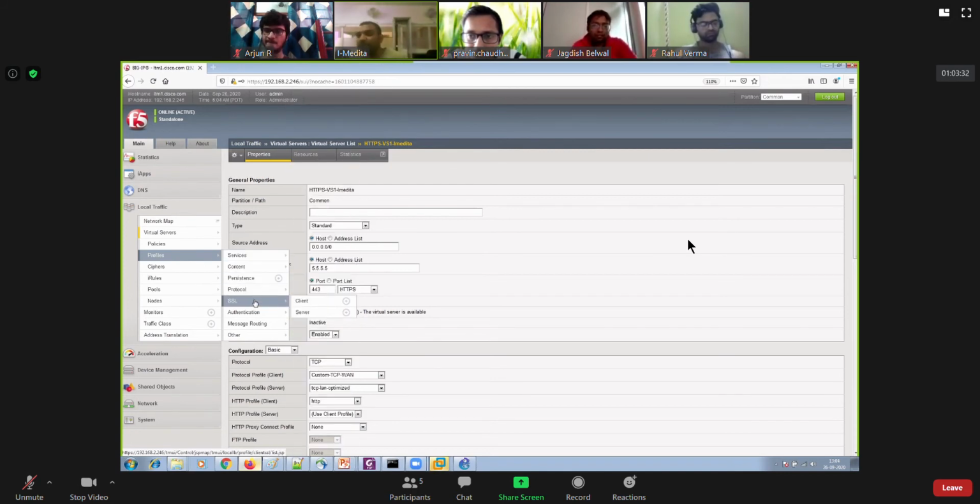Now you have 2 different options available for creating an SSL profile. One, you can create an SSL profile for your clients. Other, you can create an SSL profile for your real servers, right? As I said, in most cases you will never require a secure connection between BIG-IP and the real server. However, if you are a bank, definitely you will have to secure your data between BIG-IP and the real servers as well. That's where it is recommended to have end-to-end SSL encryption between client and the real servers, right?